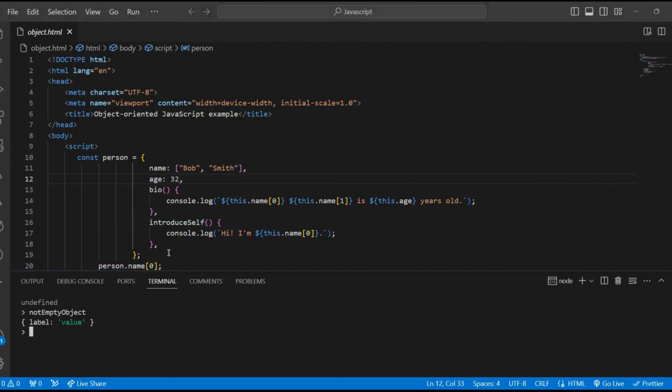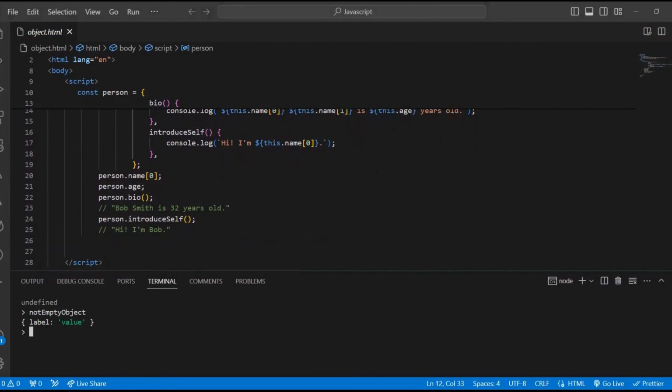So you can access the object properties and methods using dot notation: the object name, person, and then dot, and then the property name. Similarly, you can access the methods as well by writing the object's name and then the method name. It will look like